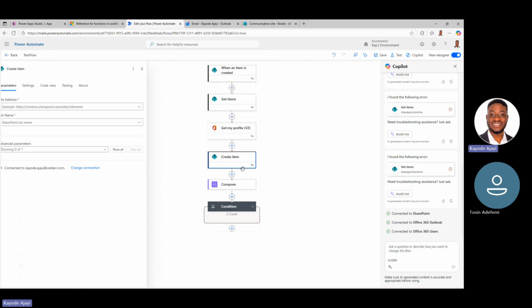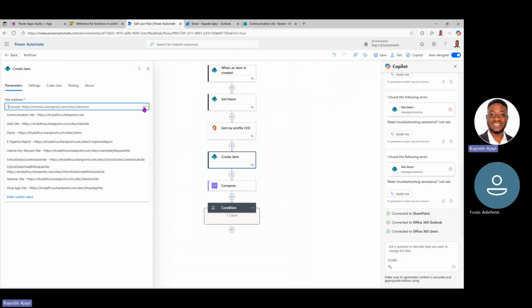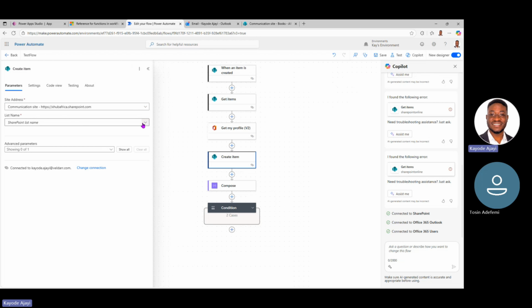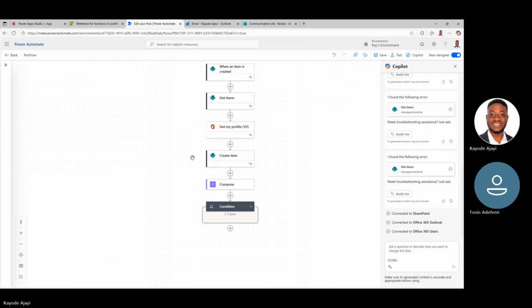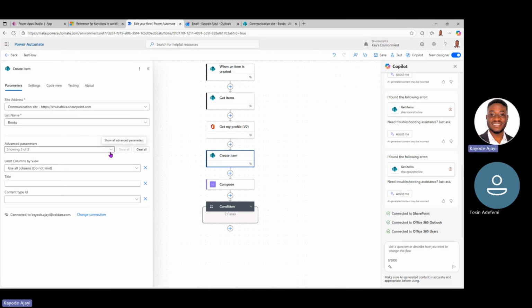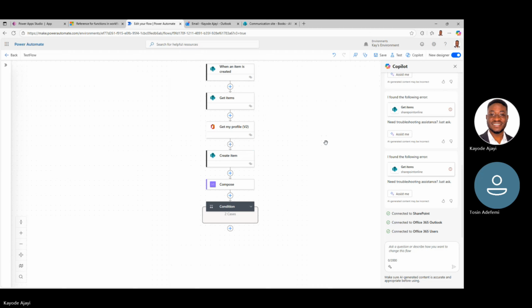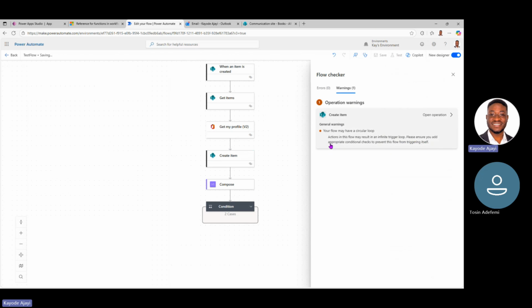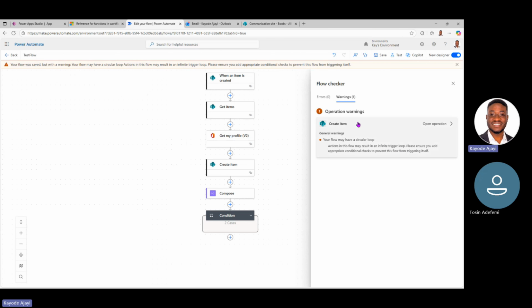If I have a create item here and I select that same list, and I say books, let me give it a title, test, and I click on save. Now you can see this is giving me a warning. And what it is telling me in the warning is I may have a circular loop. So what that means is,